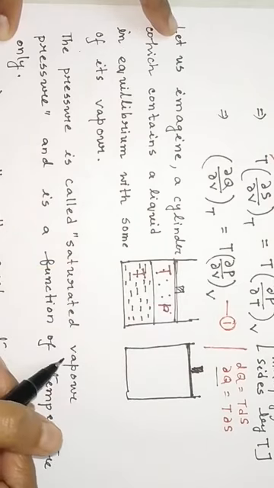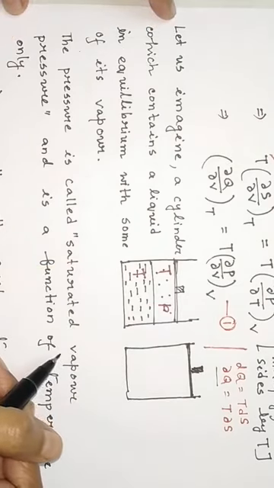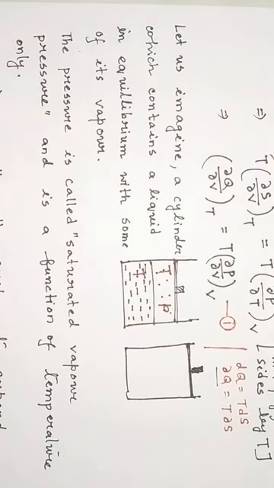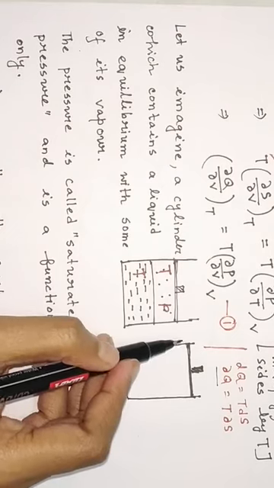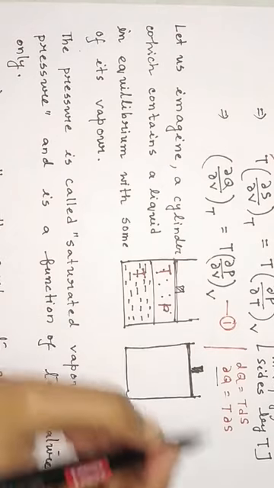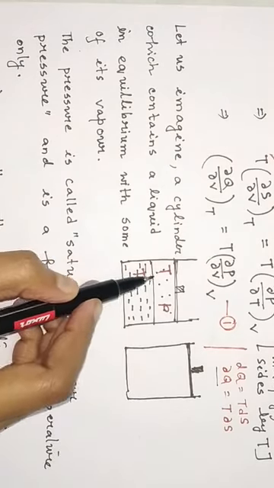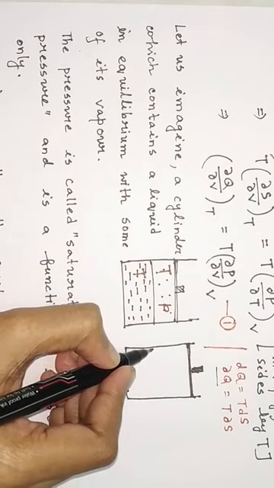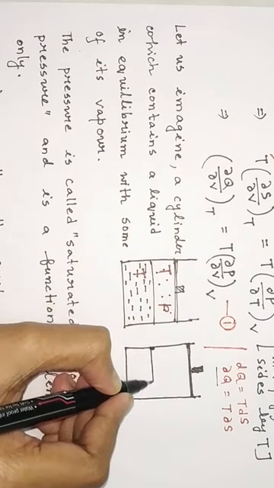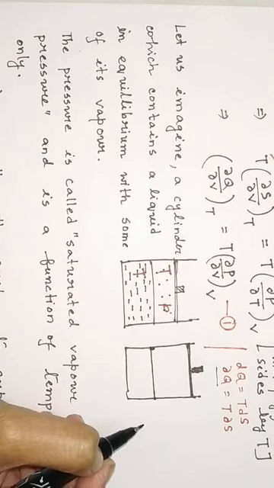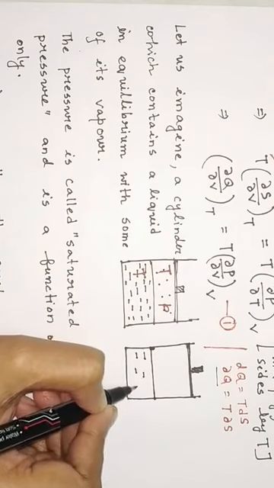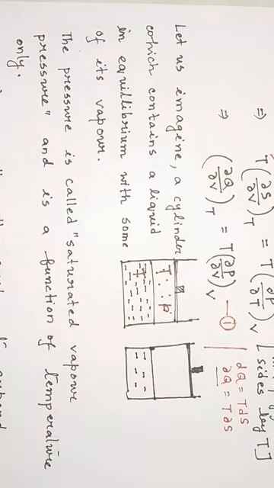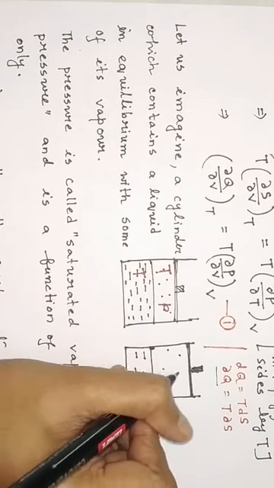Some of the liquid will convert to vapor. So there will be a phase transition from liquid to vapor. So if we increase the volume by keeping the temperature constant at T, then what will happen? Some of the liquid will convert to vapor. There will be evaporation. So now you see the amount of liquid has decreased and the amount of vapor has